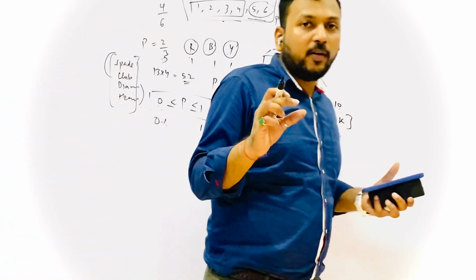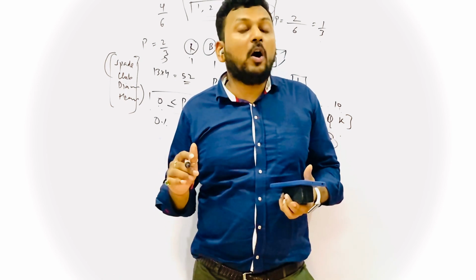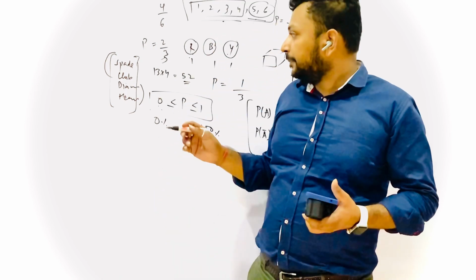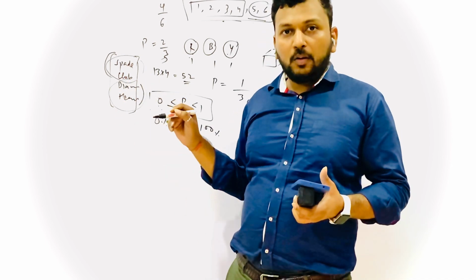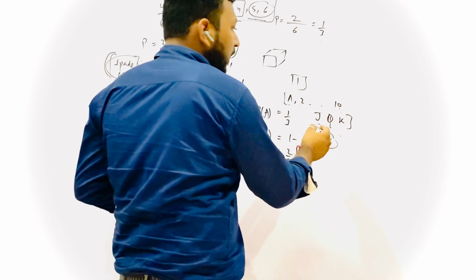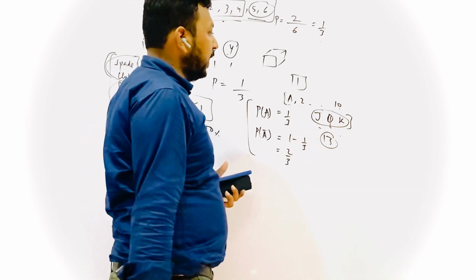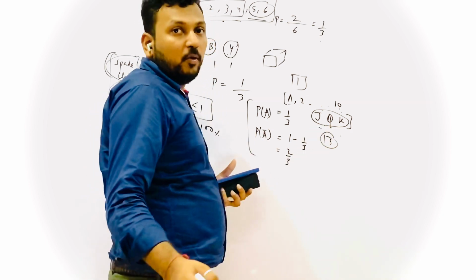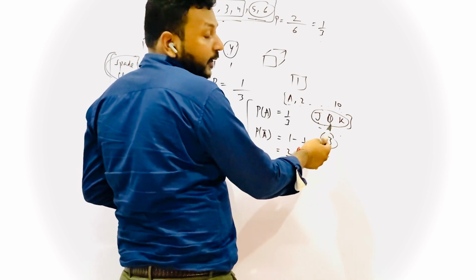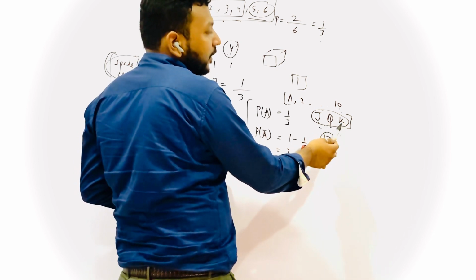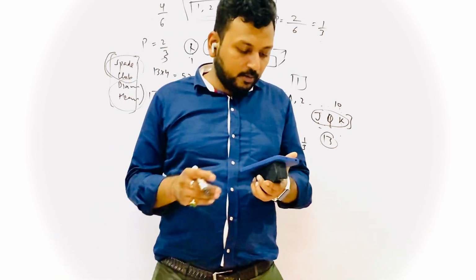So in a deck of cards that you get from the market, there are 52 cards and 4 types of cards. How many black cards are there? 26. So half are black and half are red. Got it? These are the face cards, so these have photos on them. You can buy a deck of cards if you do not have one already. What do you call these in Hindi? Ghulam, Begum, and Raja. So these are the types of cards.